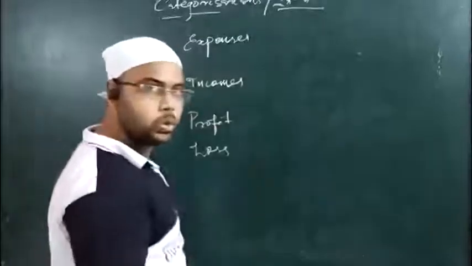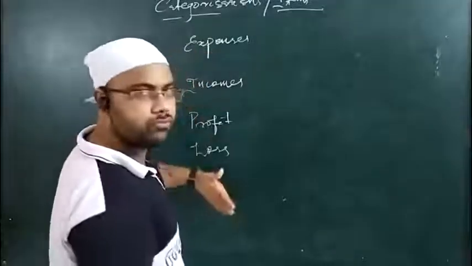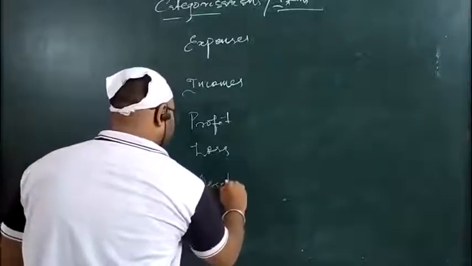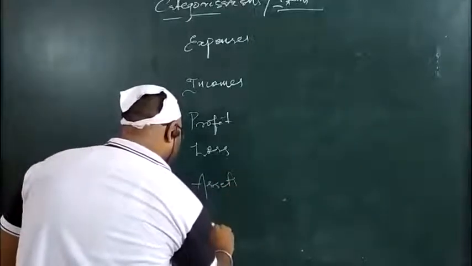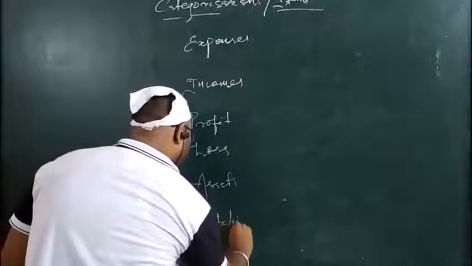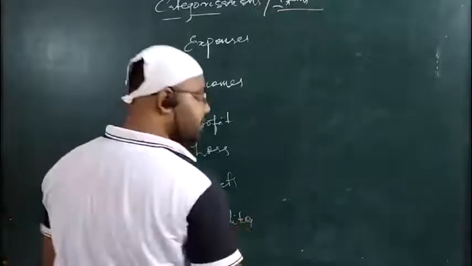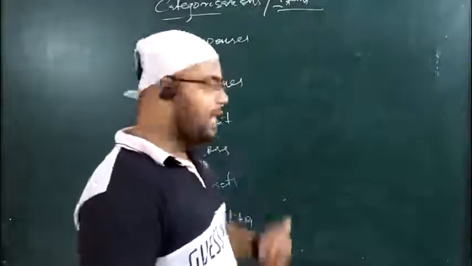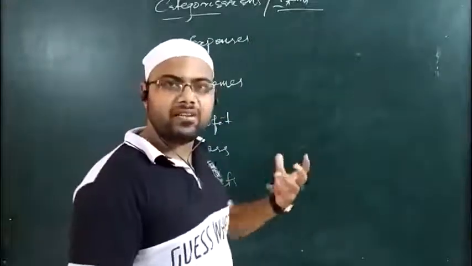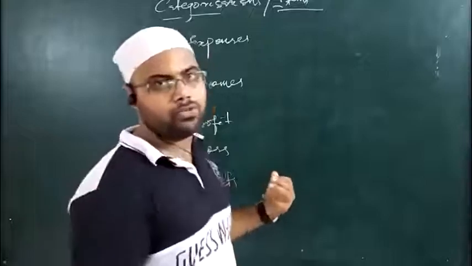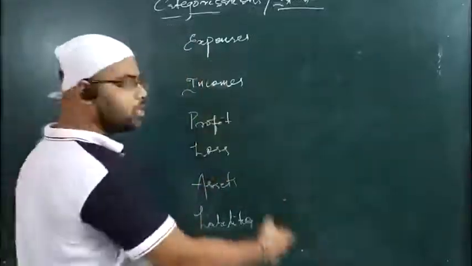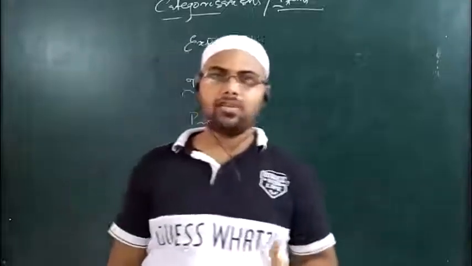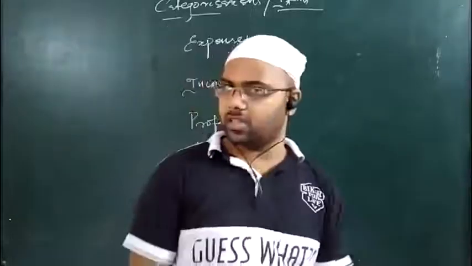And the last two items, totally different from these four, are assets and liabilities. How many types of assets and liabilities are there? I have already made a video regarding that, including the format within it. So when you have doubt, please watch those videos. I am just making this for understanding by the medium of this video. So these are the 6 categorizations that you follow while preparing a trial balance out of the items given in the question.